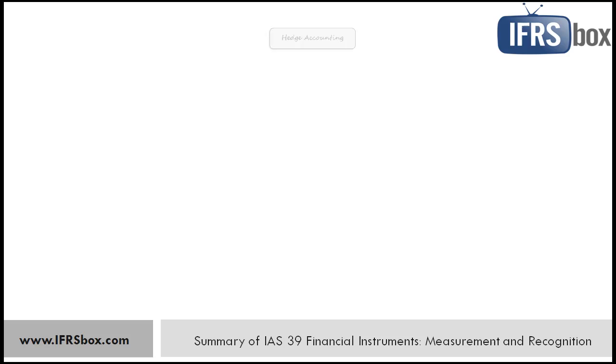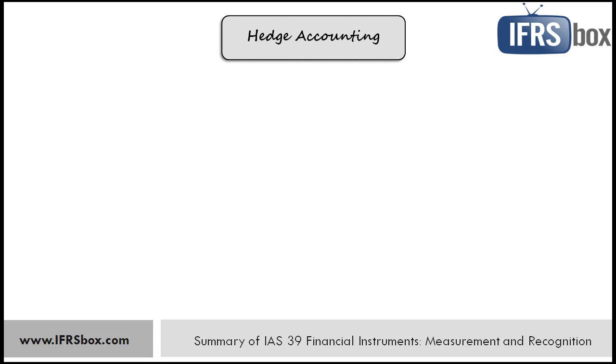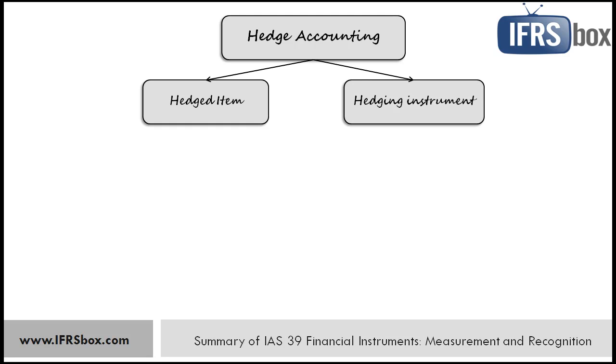Finally, we will also briefly touch the issue of hedge accounting. A detailed explanation of hedging is not a subject of this video, but just very briefly, you should be aware of the relationship between the hedged item, which is some risk you are exposed to, for example, some asset in a foreign currency that might lose its value due to unfavorable exchange rate changes. And then there is a hedging instrument, something that offsets your risk in the hedged item, for example, some forward contract to sell foreign currency at a specified date.